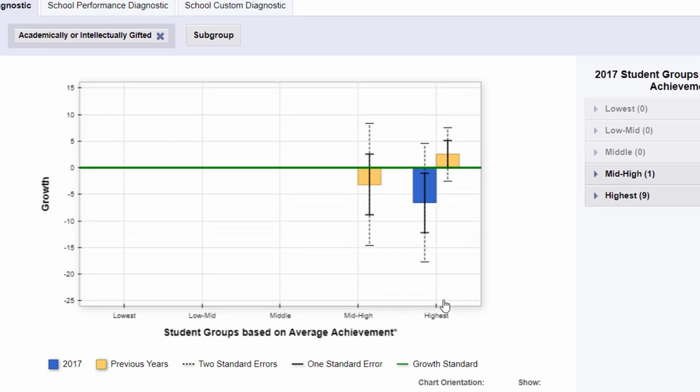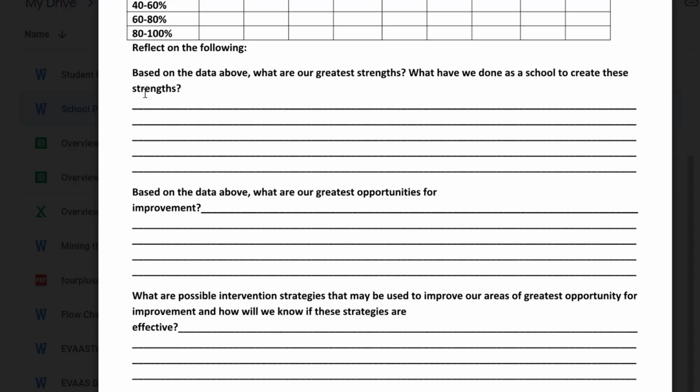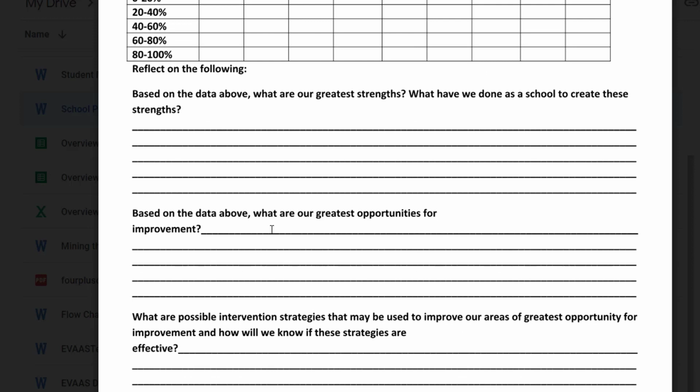And there you go. We had one student in the mid to high that was AIG and 9 in our highest, and they are not meeting growth. So we definitely know that we are not doing a good job with our AIG students in this particular grade and subject area. So then we also need to ask ourselves, are other grades and subject areas meeting the growth of AIG students? Is this a problem school-wide, or is it just a problem in one subject area or one grade level? This chart will let you know that,